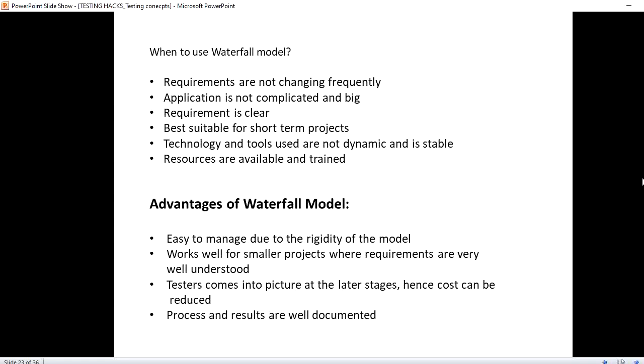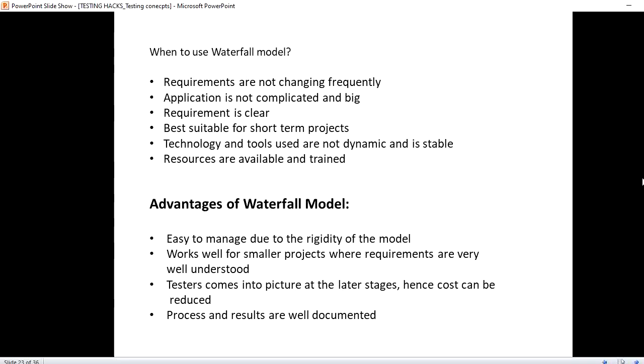When it comes to the advantages of the waterfall model, it is easy to manage due to the rigidity of the model. We have a small, short project, so it is easy. It works well for small projects where requirements are clear and well understood.